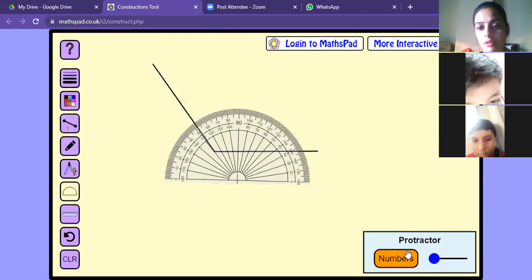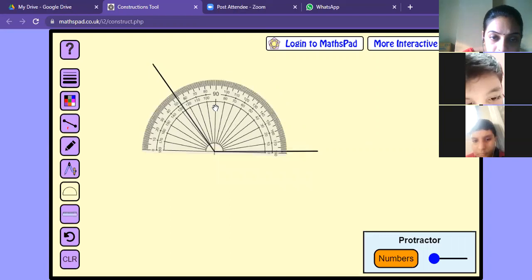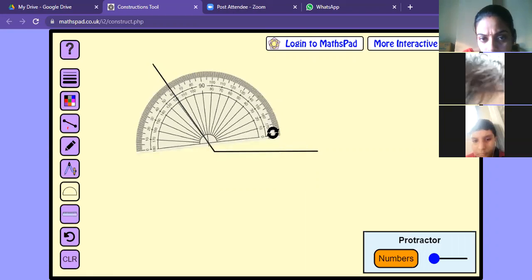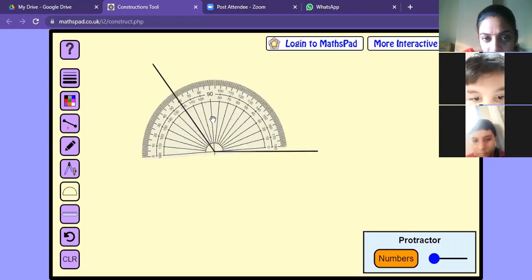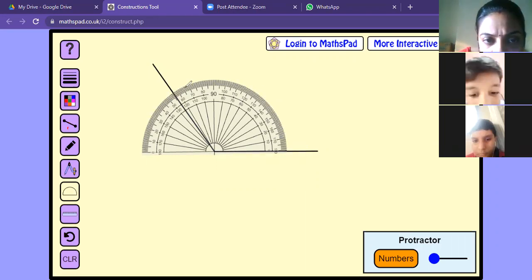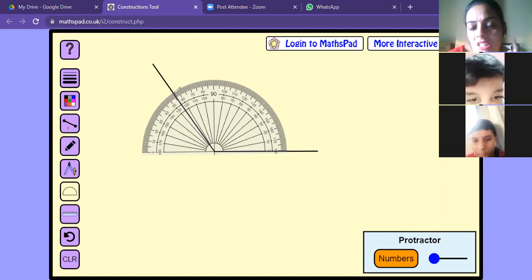Teacher, we will place the protractor on the point, on the line of the protractor. Is this the correct one? No, teacher, then this way. It should coincide, right? Yes, now it is correct. Now how will you count the measurement, what is the angle over here? This is 124, right? Just count the measurement.